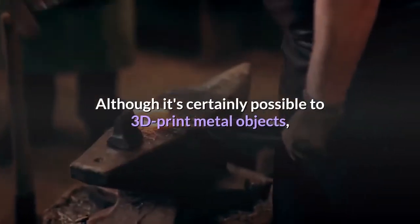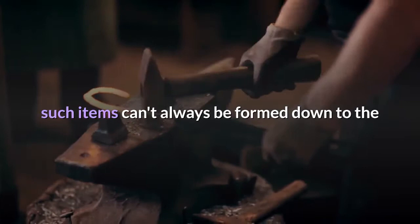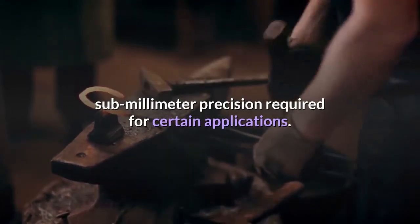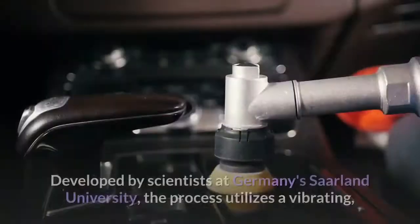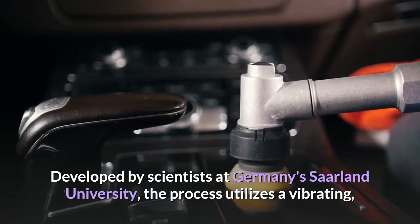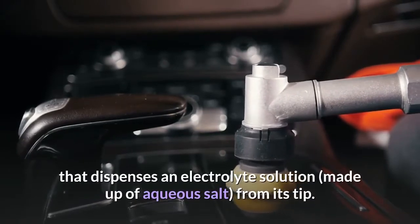Although it's certainly possible to 3D print metal objects, such items can't always be formed down to the sub-millimeter precision required for certain applications. A new technique, however, allows them to be infinitesimally tweaked after being printed. Developed by scientists at Germany's Saarland University, the process utilizes a vibrating, downward-facing probe-like tool that dispenses an electrolyte solution